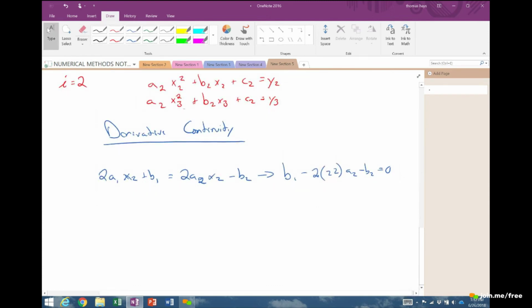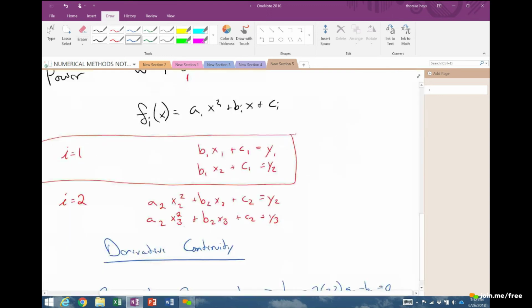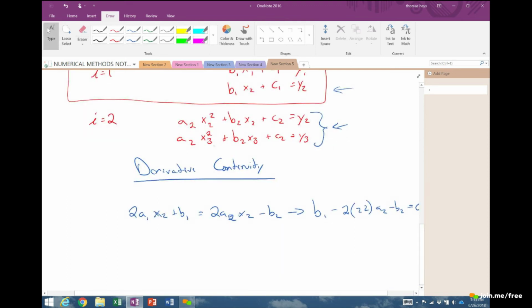This is a form that would be very easy to plug into an eventual matrix solution. And if you consider it, we have 1, 2, 3, 4 total gap equations. So there will be 3 connections between those gap equations that will have curvature continuity. So we have a total of 8 point equations. We've covered 4 of those 8 here. I equals 3 and 4 are very similar, just repetition of this I equals 2 stage. And then you have 3 gap equations following the form that we just outlined,